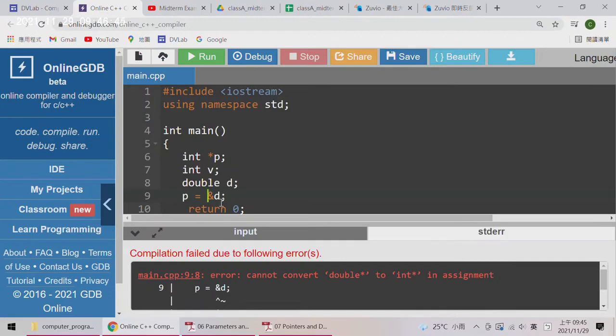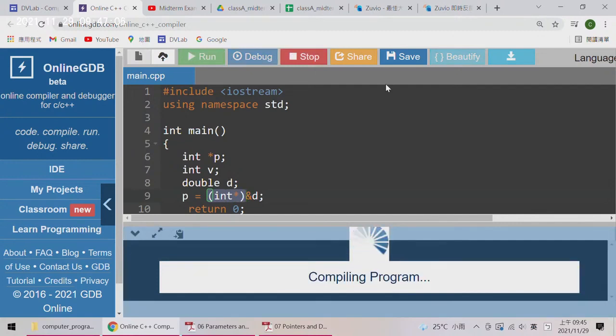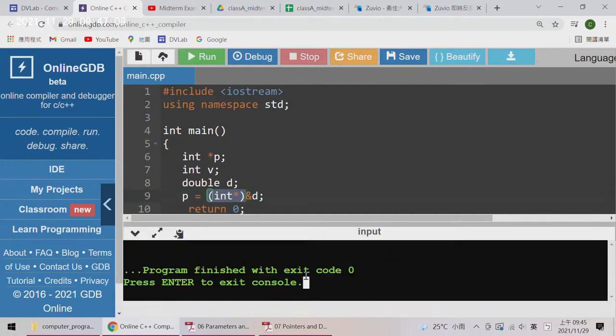And you can try to force the compiler to perform the assignment, and for example, you can use typecasting to change the data type of this memory address to int star. Then the compiler will pass this. Then the compiler will not issue any error message. But this way is not recommended. This way is dangerous,